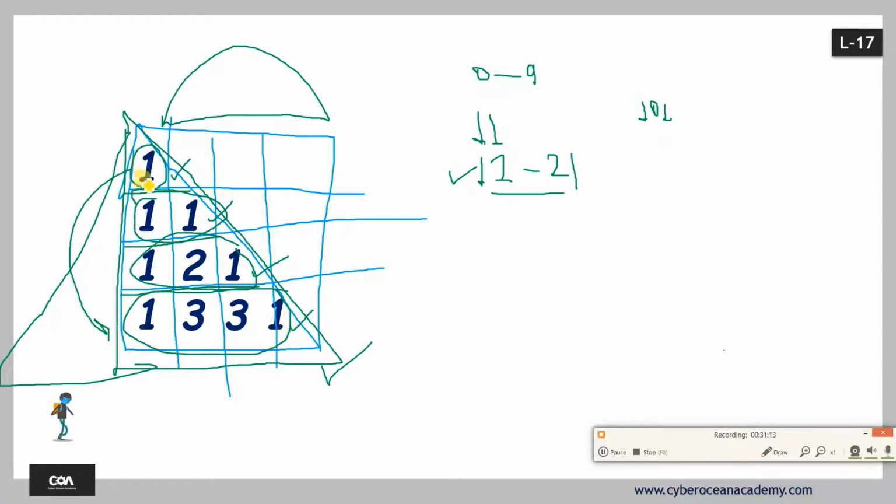You can see that 1, 2, 3, 4. So the total number of rows is 4, and the total number of columns is also 4. Okay, so what you will do, you will just write a for loop. The first for loop will run from here to here, up to 4, I is equal to 1 to 4, and again